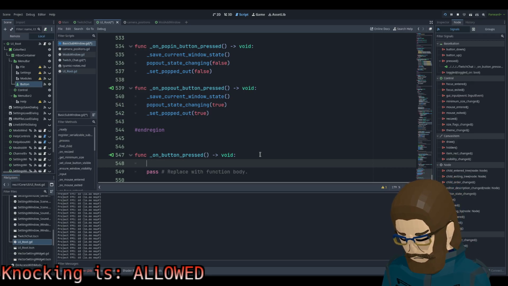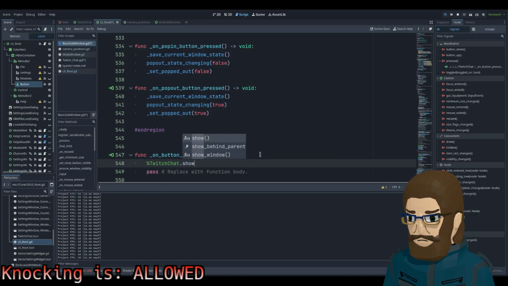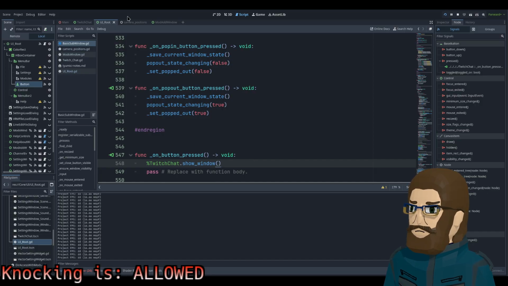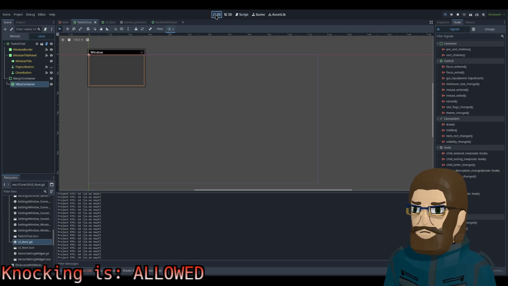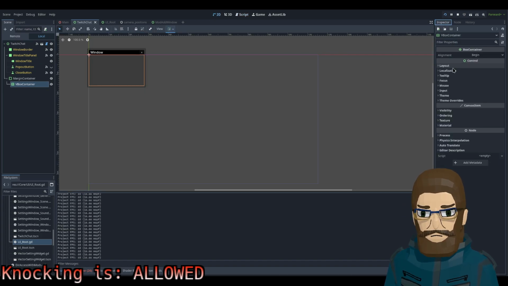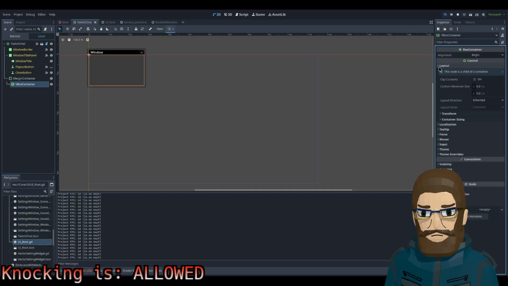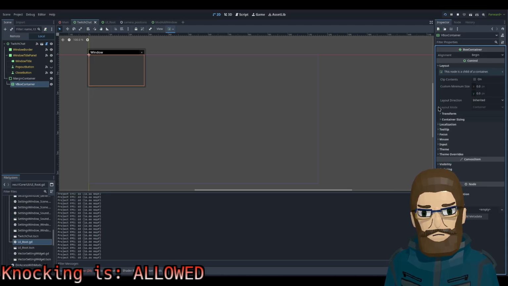And then percent sign Twitch chat dot show. Okay, show window. That's what I want. Okay, and then can I put something in this VBox? Inspector. Content. Actually, I don't know.